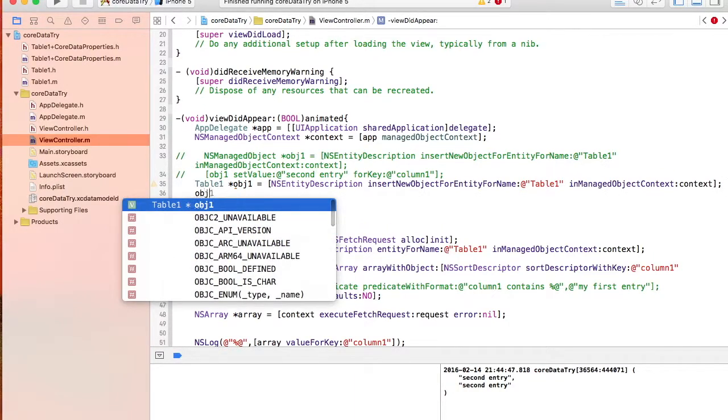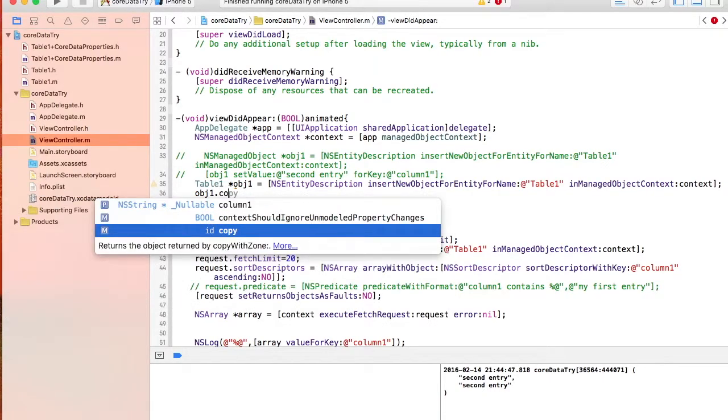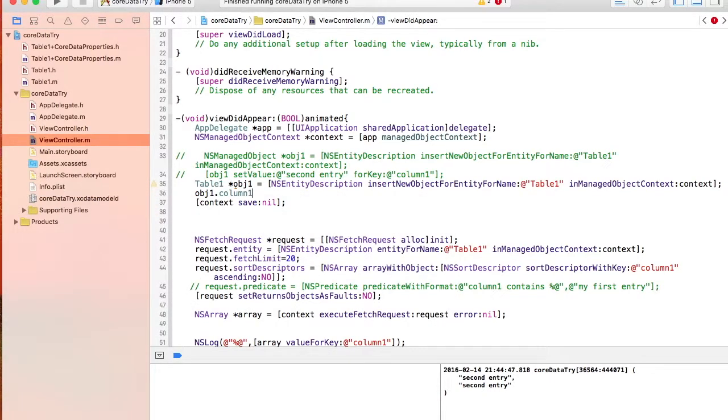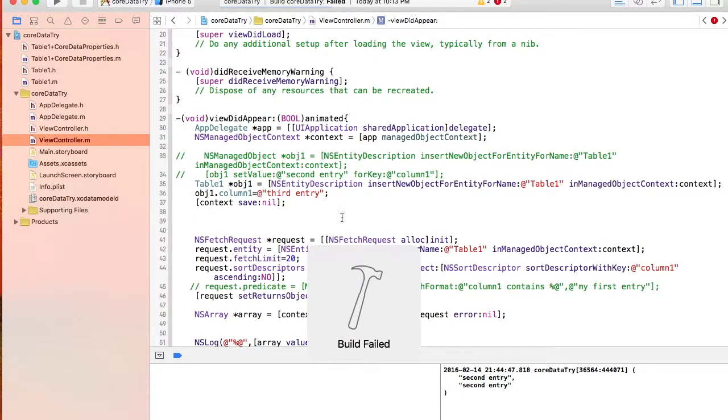And now you can simply say object1 dot column1 equals third entry. Okay, now if you hit run,